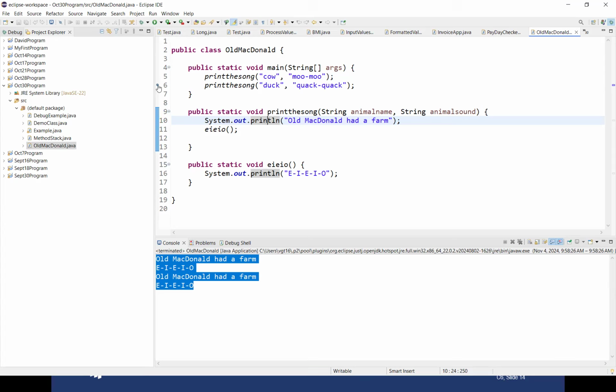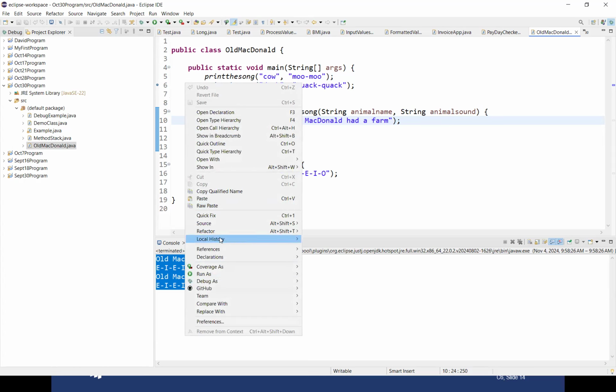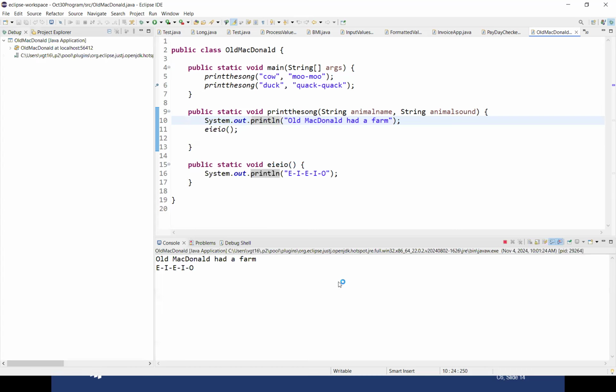And instead of clicking this green button to run, I will right click, and over here you will see Debug As. If you click on Debug As, there is an option called Java Application. You select this, and you will see over here